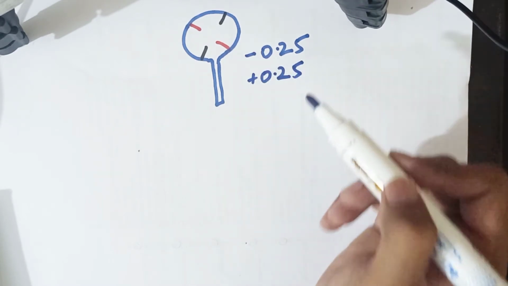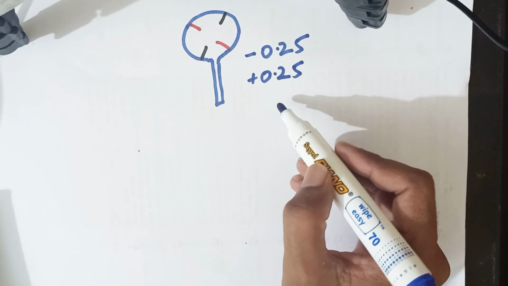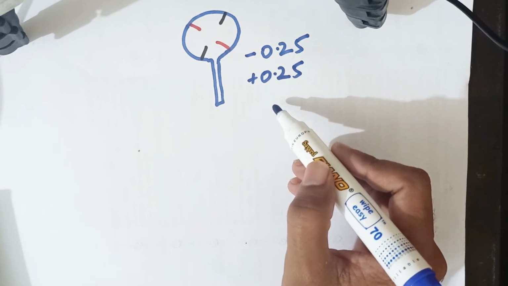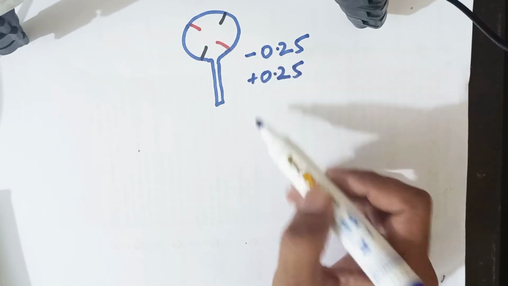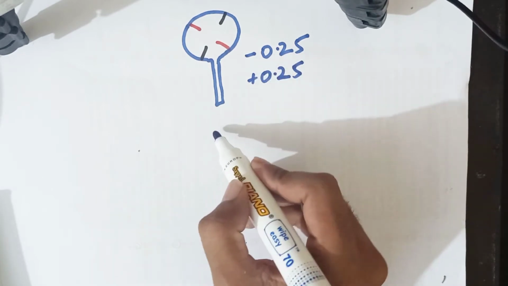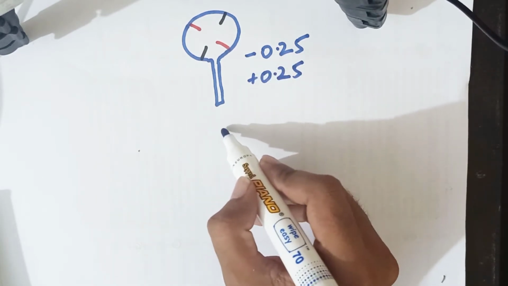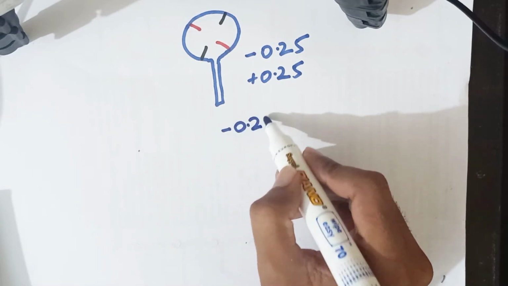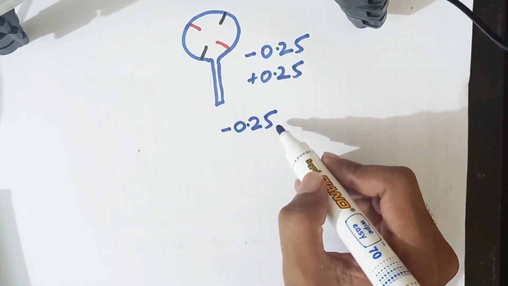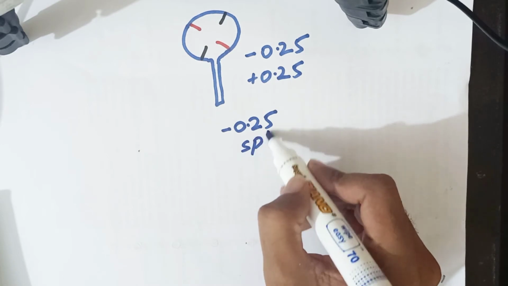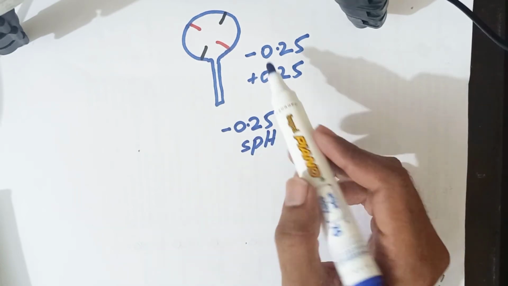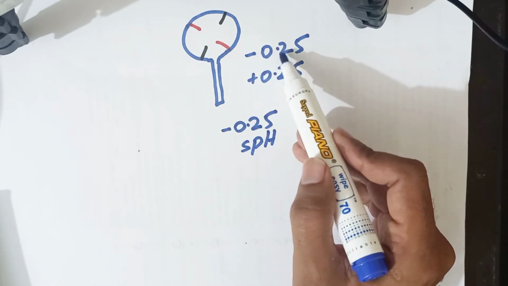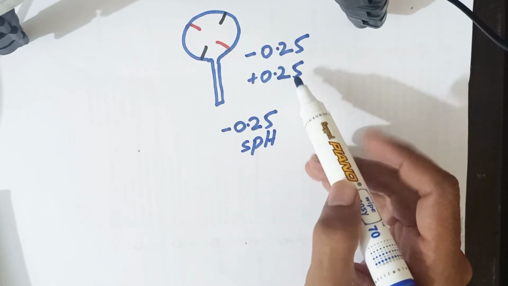So now we are going to take the spherical equivalent of this Jackson cross cylinder. So now we will take any of them as our spherical correction. Suppose this minus 0.25 is our sphere, right? So for getting the cylinder, we have to move from minus 0.25 to plus 0.25, and you know that